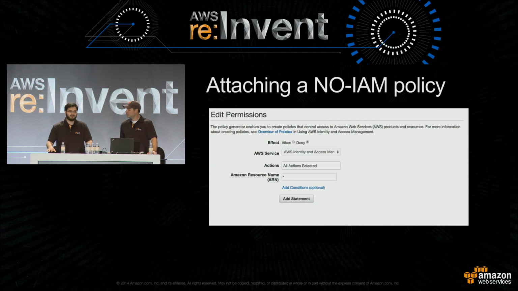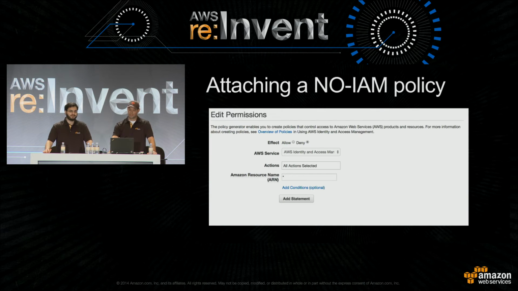So you've determined that you've got a user whose credential was exposed. You've looked through the policies on the user. Let's say you find a number of them. And to do that, you're going to go into the Identity and Access Management console. You'll click on the users on the left. You'll click on the actual user, and there's a policy section. You'll see a list of the policies that are on the user and on the groups. Sometimes people will find that they don't want to edit the policies that were in use on the running system, either to preserve them as evidence for later or to make their changes more reversible in case they break something at 3 in the morning.